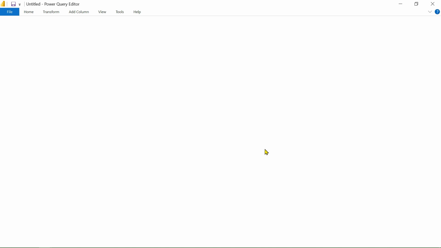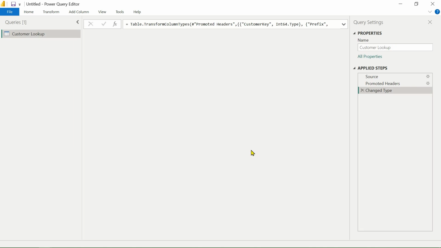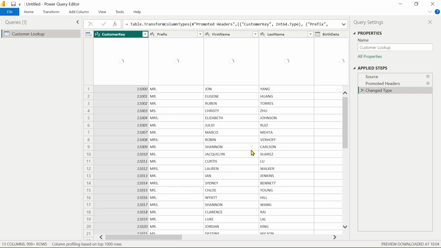In Power Query, you can see it is loading and taking some time, so let's wait for some seconds. I am recording video as well as performing Power BI operations, so it is putting too much load on my computer, which is why it takes some time.